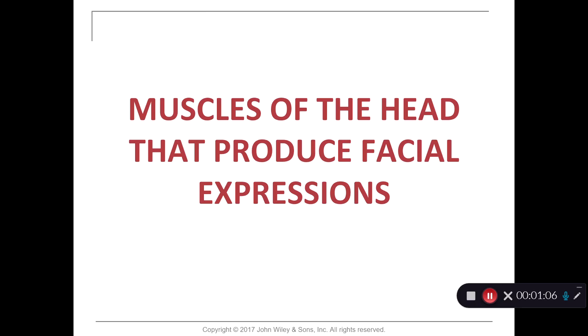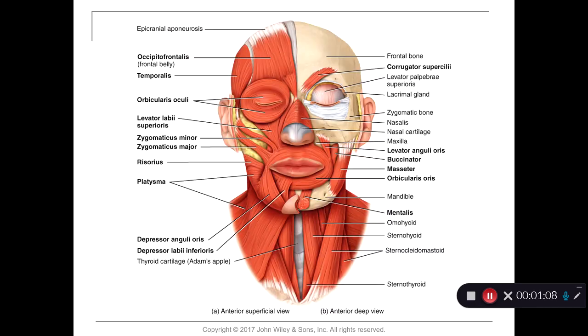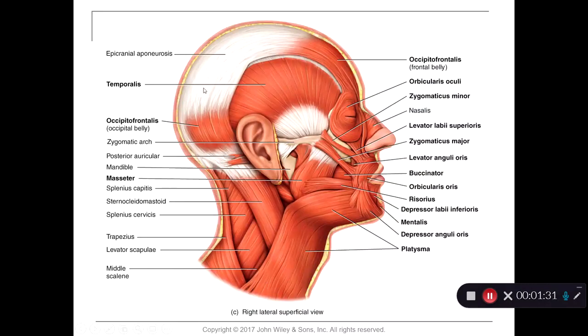We're going to be talking about the muscles that produce facial expression, movement, and all that good stuff. We're going to work our way down from the superior portion down into the inferior portion, beginning with this very tippy top muscle right here called the occipitofrontalis muscle. This naming is just referring to the location of this muscle. Remember that this bone back here is called the occipital bone, while the one right here is the